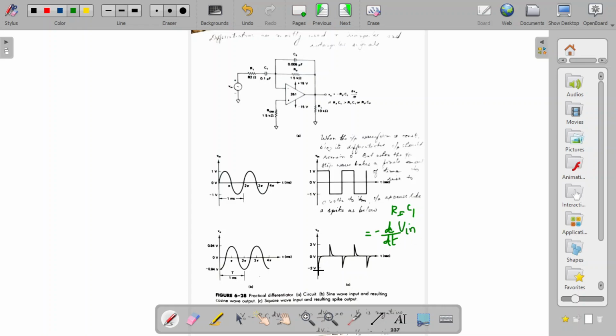So after the input has risen, because of the lag in the capacitor, it takes time for charging and discharging, and because of that there will be a slight delay. The output voltage will be maximum, then it will reduce and become 0, right? It becomes 0 because for this period the input voltage is not varying, so you will not get any output, that is 0.